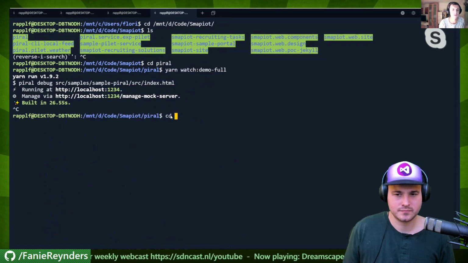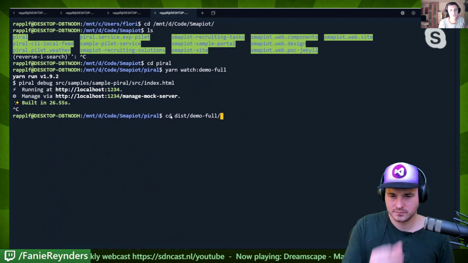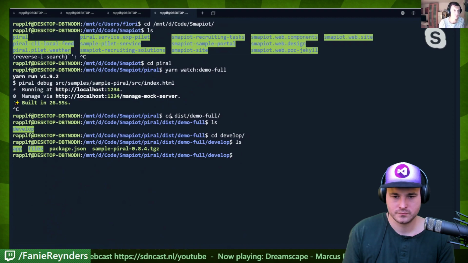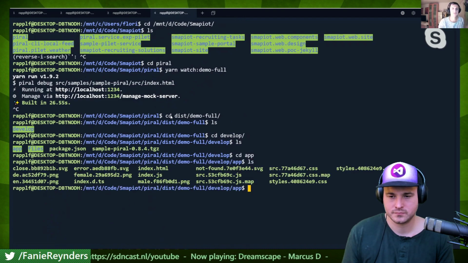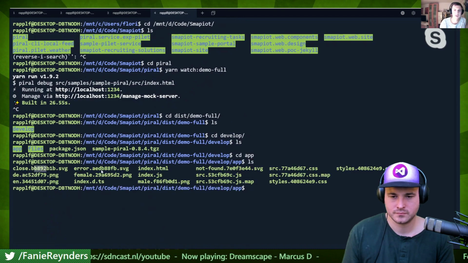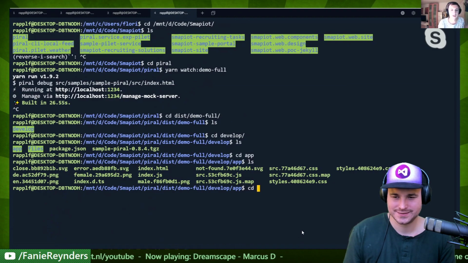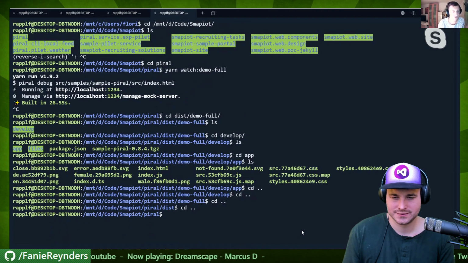And again, it's not magic. It's just in the demo full folder. We have a develop, and you see the app. This is just all the files, and potentially I could just, maybe not, because this one is wired up now. But if I would build now a production build, then you would see it can be just